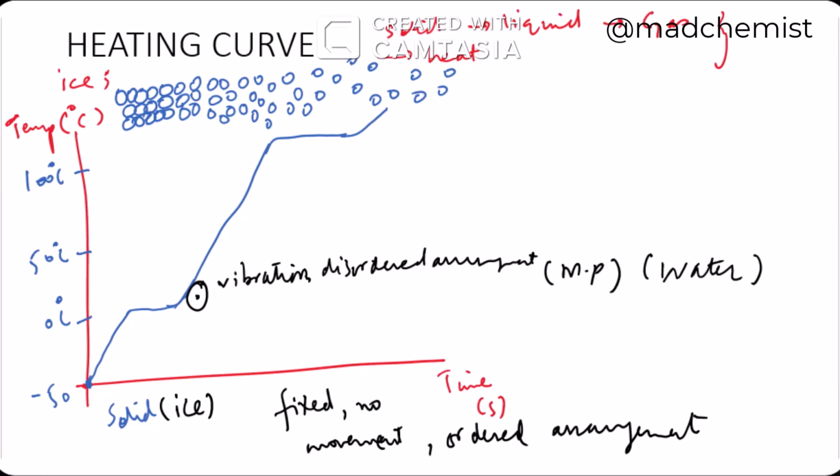So at all these temperature increases, the water molecules present in liquid form are again getting energy from outside. At this specific position, why do we show this graph in a horizontal form instead of a vertical form? Because this shows that at the same temperature, at 0 Celsius, with some time, all the solid is converted into a liquid form, that is water.